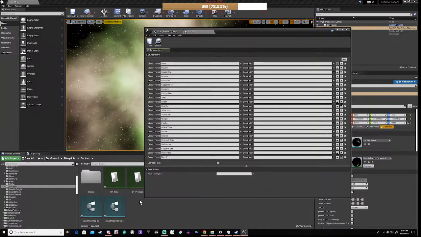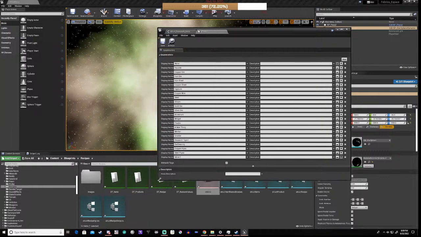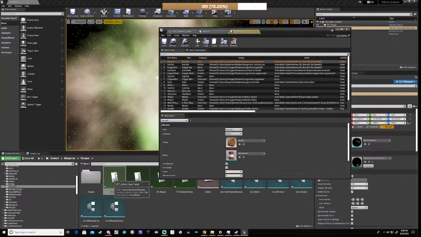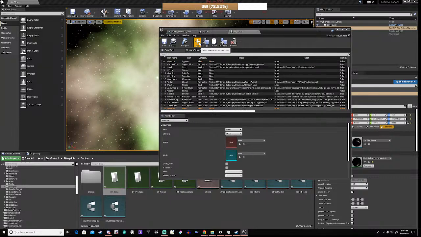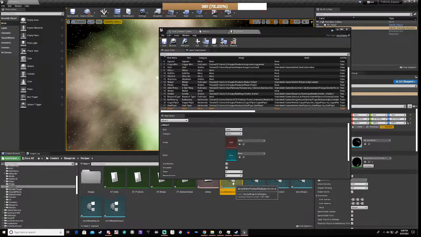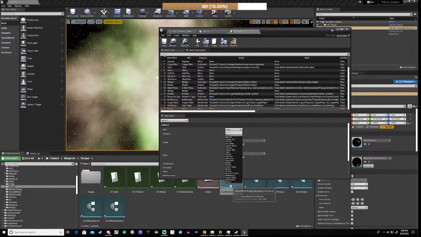It might end up being the actual thing, but what we're going to do is we're going to add a new row, and it's going to be miner 2, right? And the category is miner, and the item is miner 2. Apparently I didn't select that there. Anyway, right, so it's miner 2,